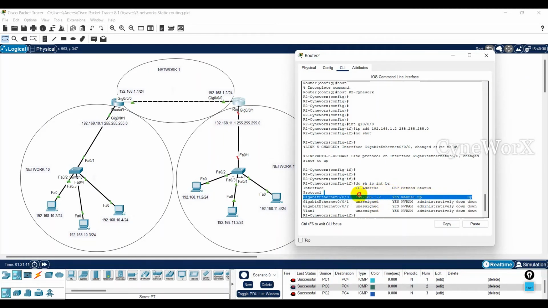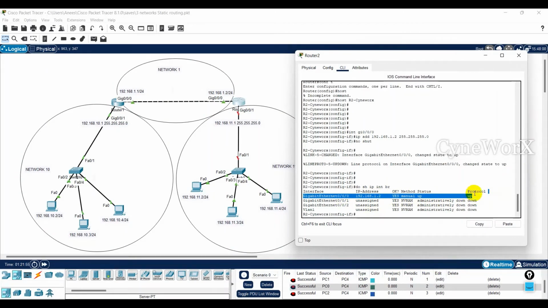Okay, 0/0/0 is up with the IP address, and okay is yes, and method is manual because we assigned this IP address manually. Status is up and protocol is up also, so it means everything is good. Now this interface is still down and no IP address has been assigned. So let's go to this interface, which is